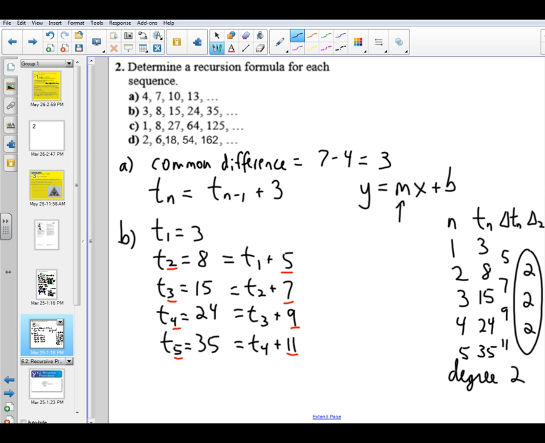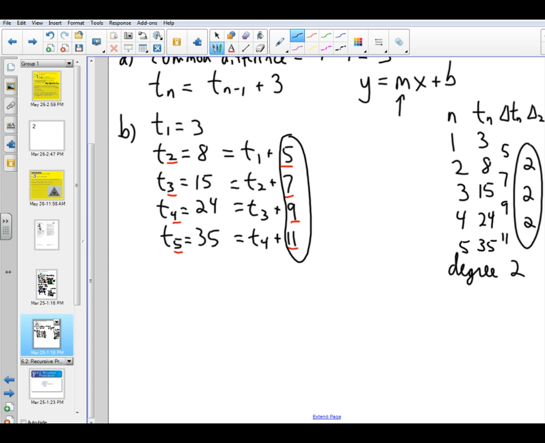All right, so that said, we're not trying to work out the explicit formula here. Here we're trying to determine how each of these numbers that we've added to the previous term is related to the term number. Well, 5 is twice 2 plus 1. That works. 7 is twice 3 plus 1, and that pattern continues. 9 is double 4 plus 1,